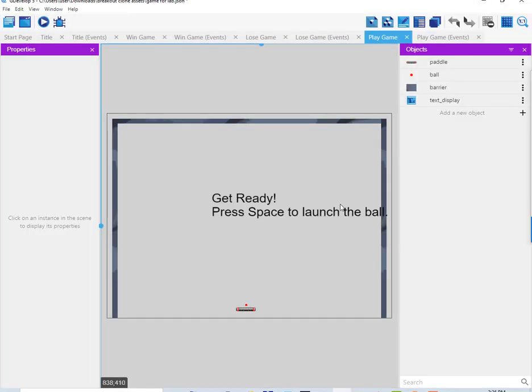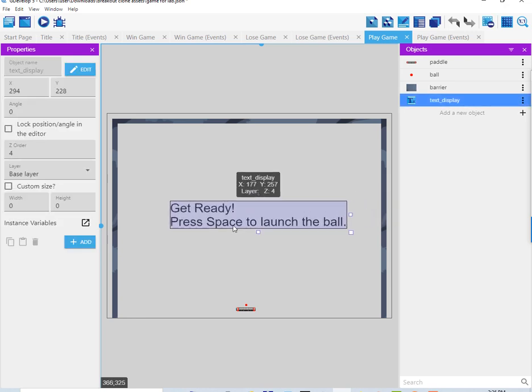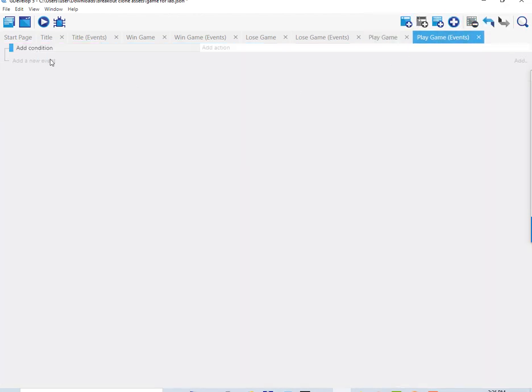Okay, that's more making sense. Okay, I got pretty much all the placeholder information there. Here, when they press the space,